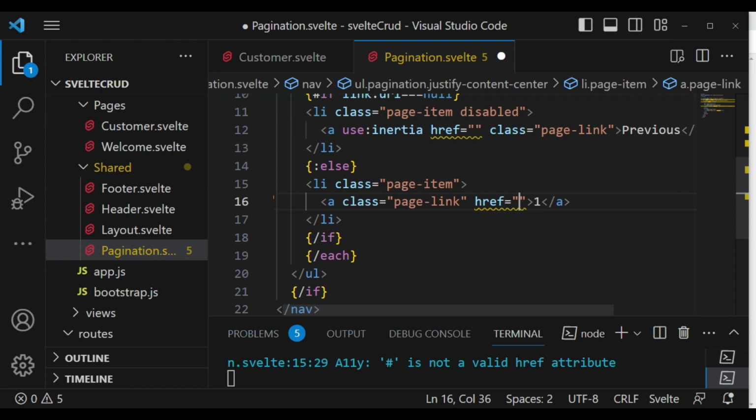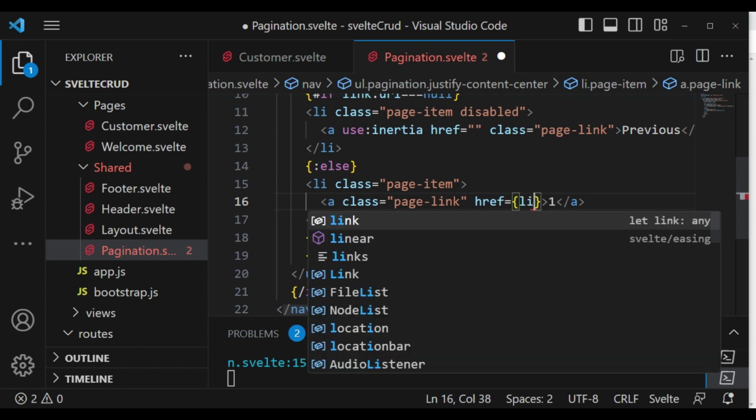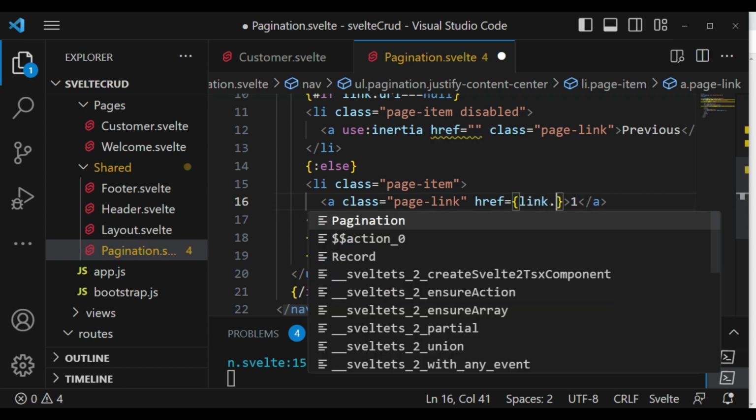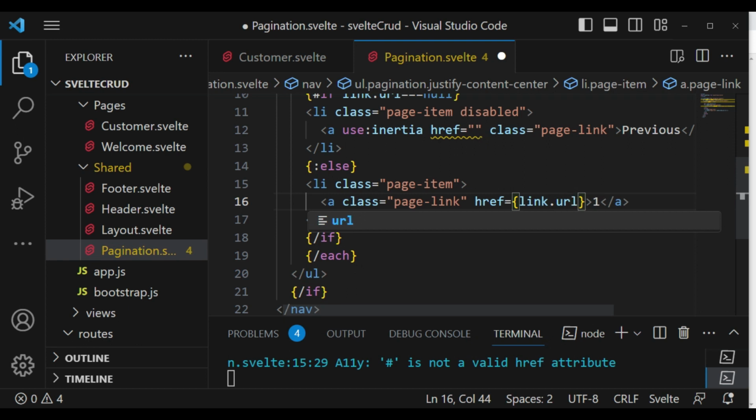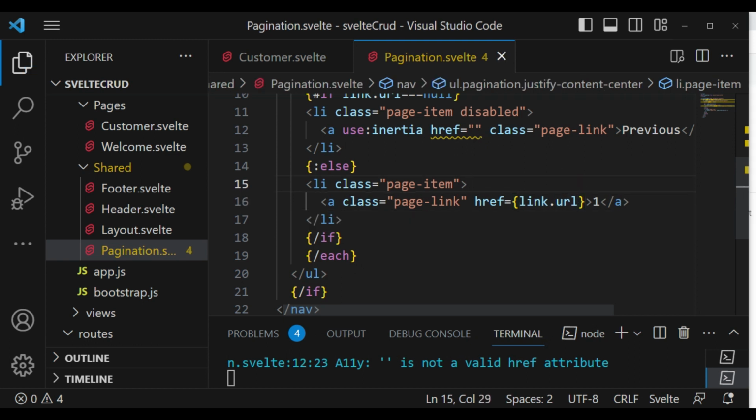So we can bind the URL here, so we can just say link.url, and I will show you the data as we are returning it from the Laravel end, and then inside here the name of this link, in other words the label,